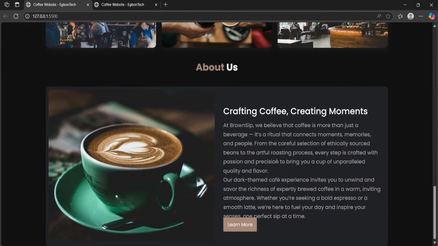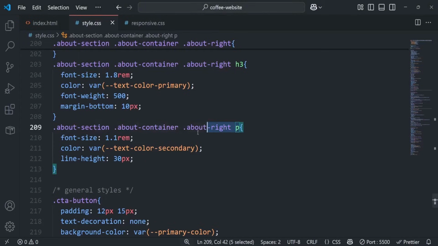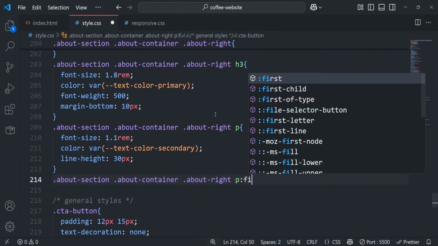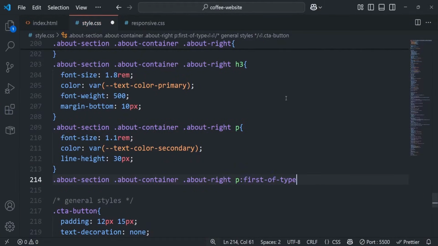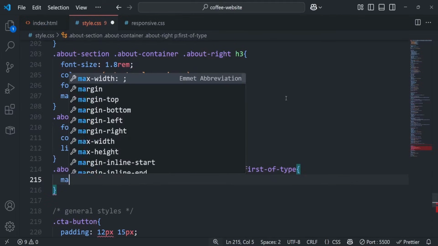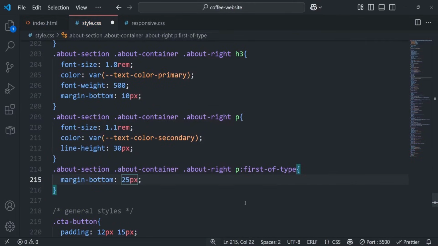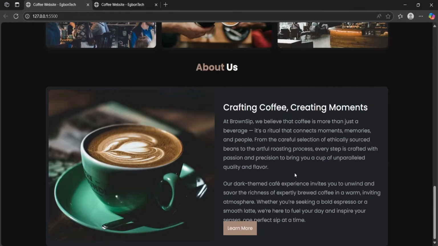Now we have two paragraphs here, this first paragraph and the second paragraph. I want to add a margin between them. So I'll go back to my style CSS file, copy this, and paste that underneath here. And I'll target the first of type, the first paragraph tag in that container. I'll give this a margin bottom of 25 pixels. I'll save that. When I head back to the web, you're going to see that there's now a margin between